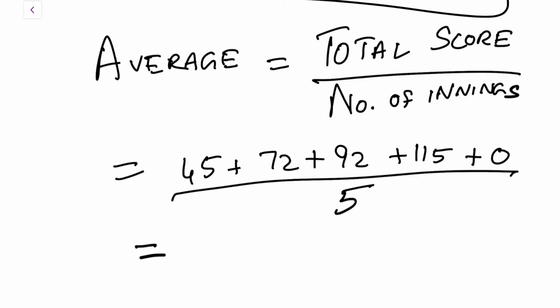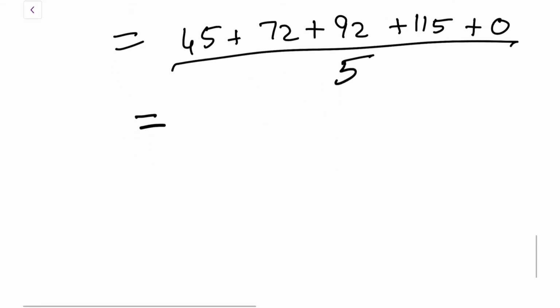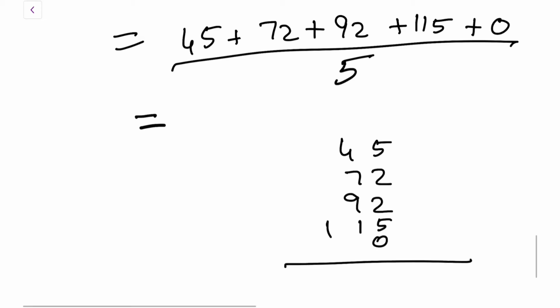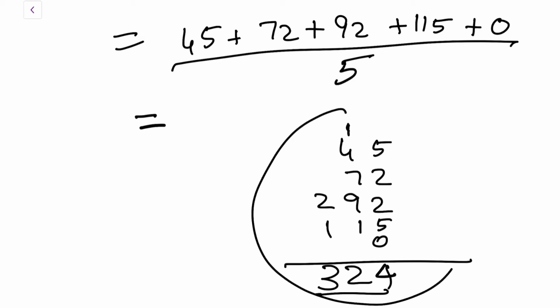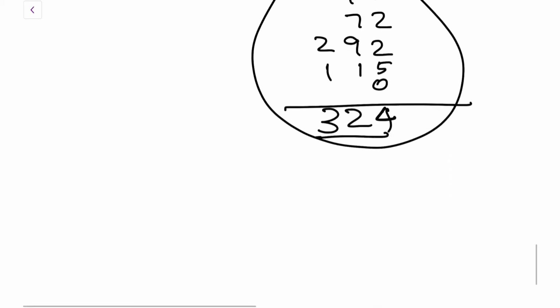If you do the addition, let's do the addition. What is it? 45 plus 72 plus 92 plus 115 plus 0. Okay? 5 plus 2, 7, 9, 14. 5, 6, 15 plus 7, 22. 324. This is your addition. Okay? So, it comes to 324 divided by